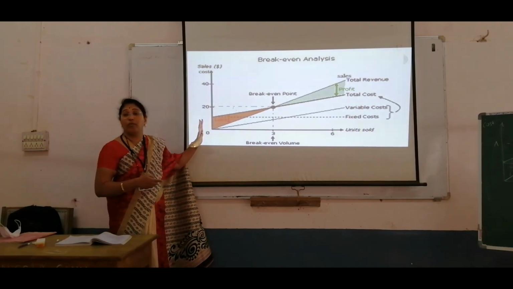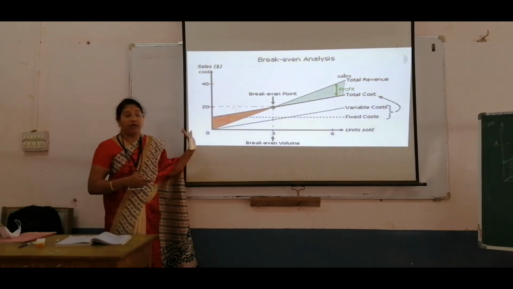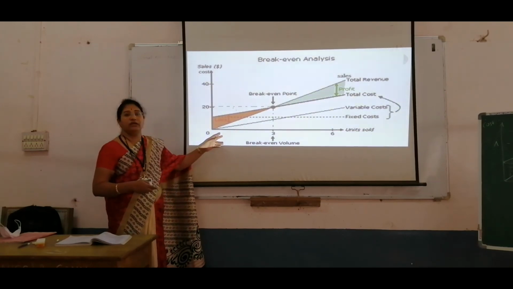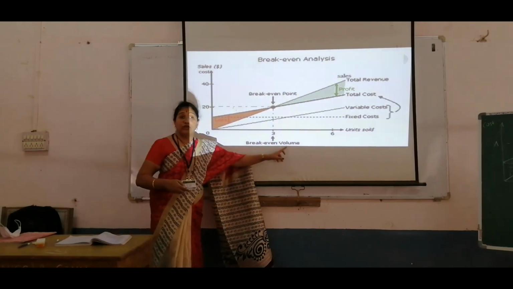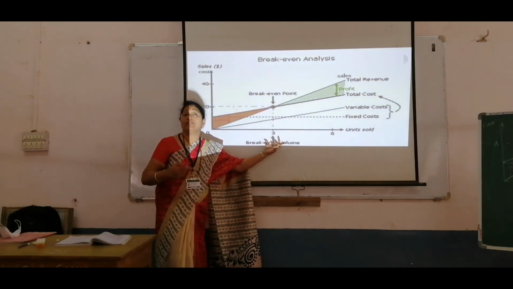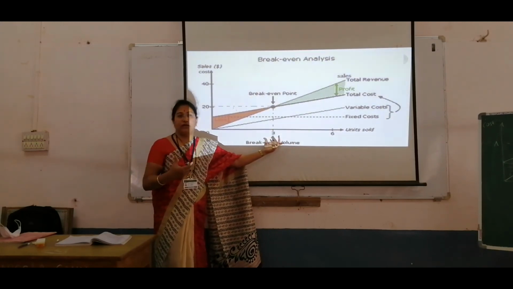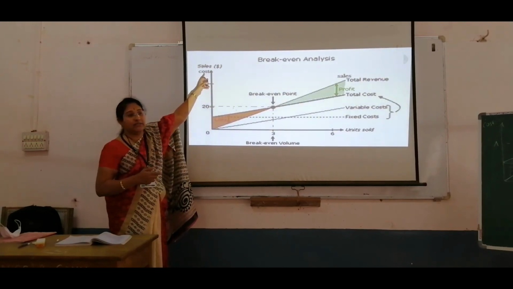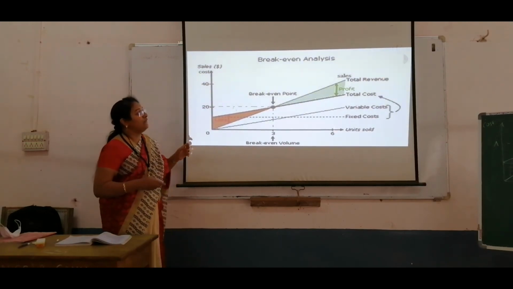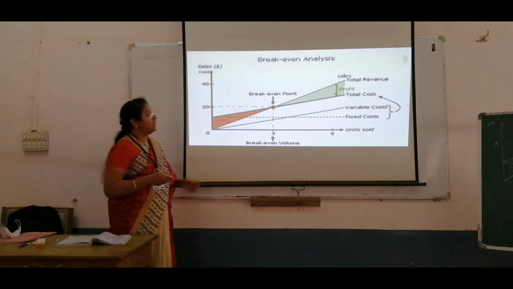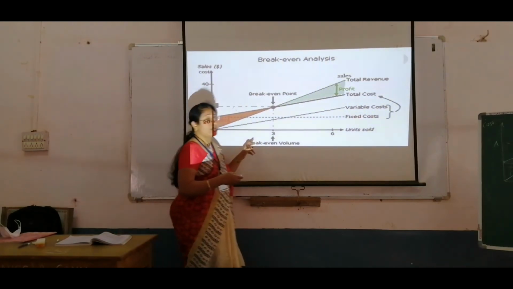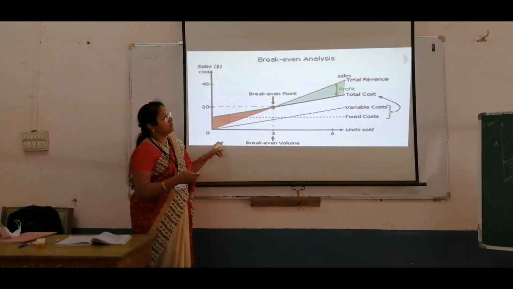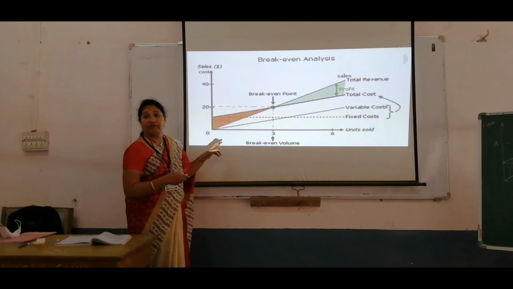Then you must draw the chart and explain. Okay. So along the x-axis what is taken? Units sold, or it is the production quantity. Break-even volume. Volume means production quantity, the total quantity. Along the y-axis it is the cost. So what are the different terms considered here? Here there is the fixed cost, variable cost, total cost and total revenue.